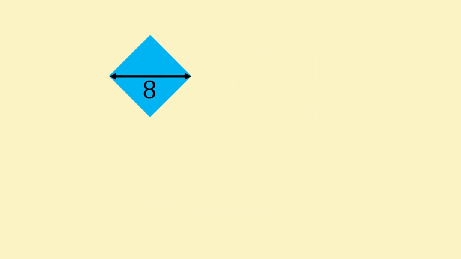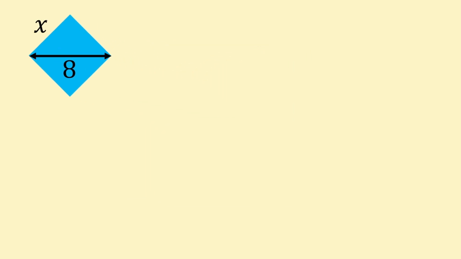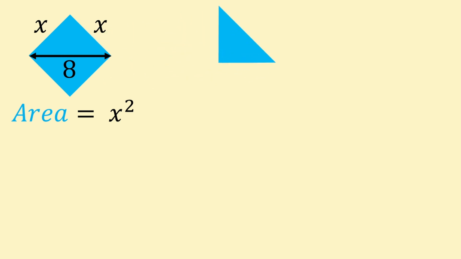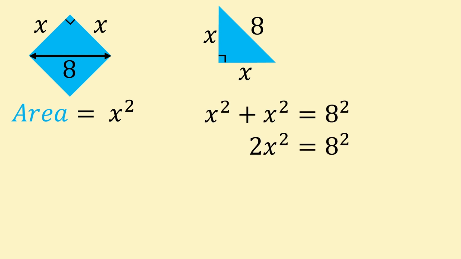If we can find the side lengths of them, let's call them x. Our area is the side length, x squared. To find x squared, we can pull out the top triangle from this square, like so. As we've pulled it out from a square, the angle is 90, so Pythagoras' theorem applies to these side lengths. x squared plus x squared is 8 squared, so 2x squared is equal to 8 squared. If 2x squared is equal to 64, then x squared is equal to 32.